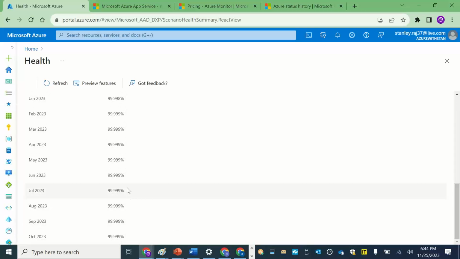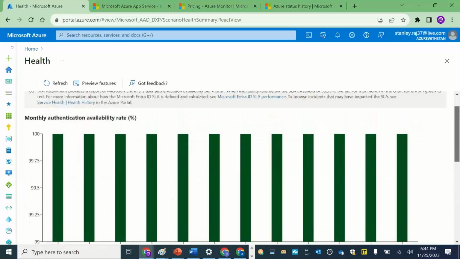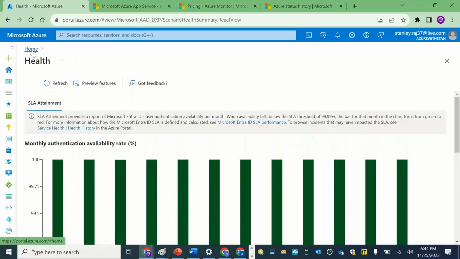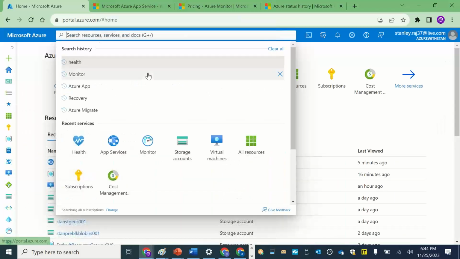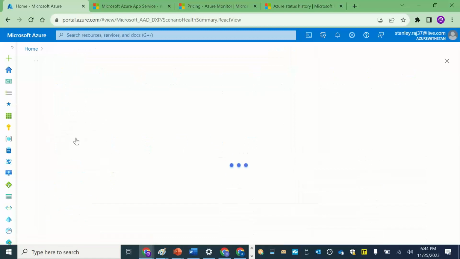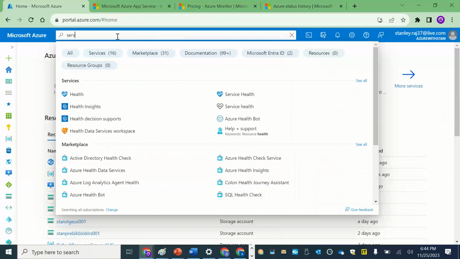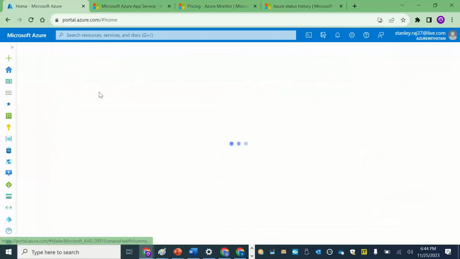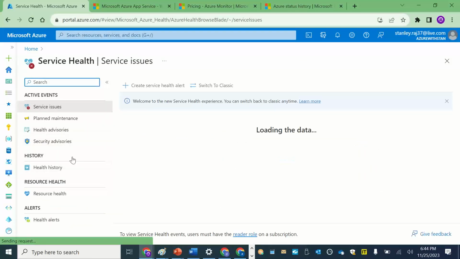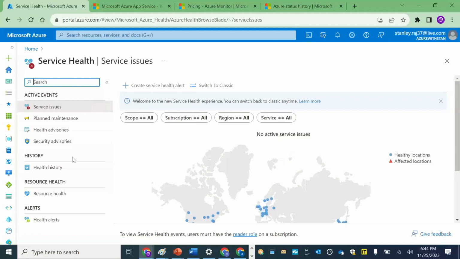The customer will ask, what is the subscription availability overall, and what is the SLA that we are able to achieve? You can also look at more SLA related stuff under your health dashboard. Sorry, not this, service health. So go to service health. Here you will be able to find all the recent events for every single service, and what planned maintenance there is, and based on that you can proactively take some measures